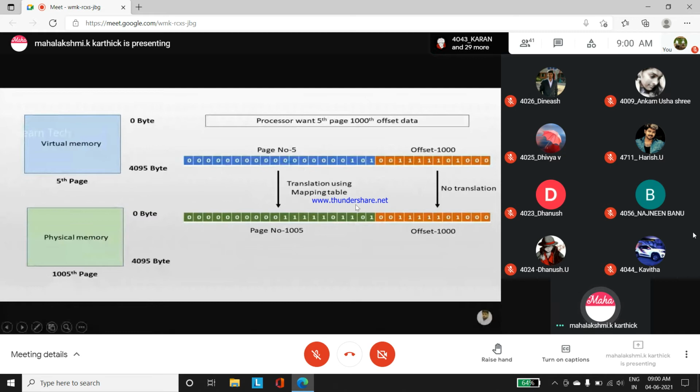And other important information, students, you have to understand the speed up of virtual memory. You know the hierarchy of memory. It starts from cache memory, then RAM, then primary memory, then secondary memory. Okay, RAM is also called primary memory. If you want to speed up this virtual memory concept, if the data is available in the cache memory, then the processor can fetch the data quickly compared to the RAM.